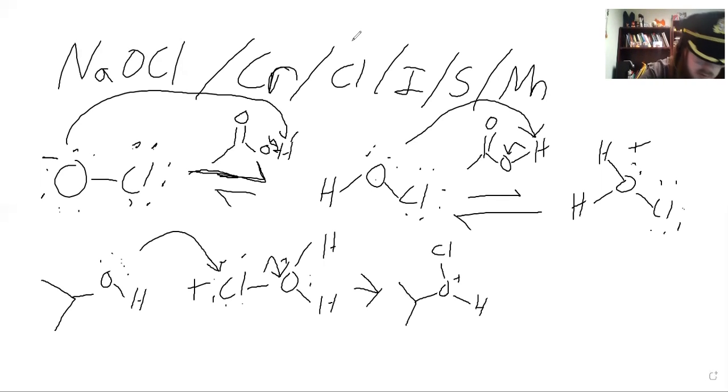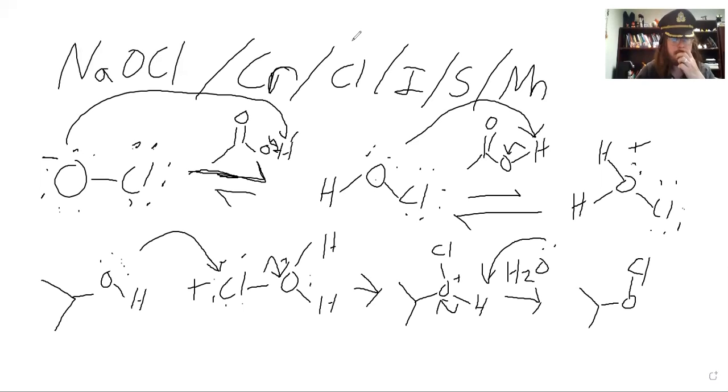and H plus. The presence of water or the acetate that we had earlier will deprotonate this. It is much easier to deprotonate this than to kick the chlorine back off. And so now we have a hypochlorous group attached to the carbon. This hypochlorous group, in the presence of the acetate, can undergo one more step. So the acetate that we conveniently made